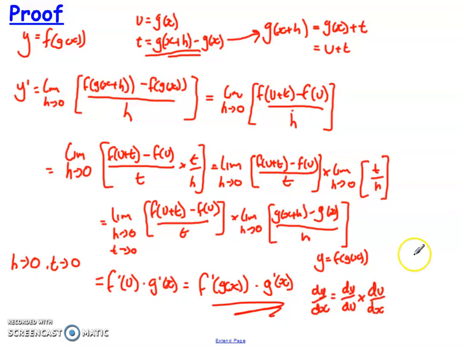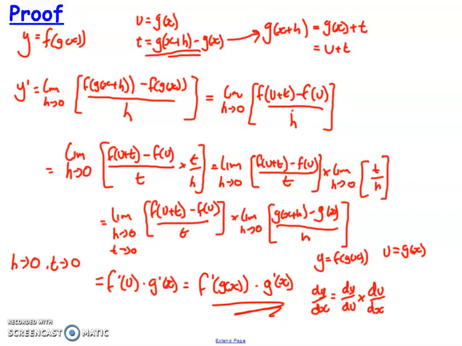And what we would do in this case, we'd set u equal to g of x, calculate derivatives for both, and then substitute back in at the end. So there you go, proof of the chain rule. What we have to do is be able to use it, so I'm going to show you a couple of